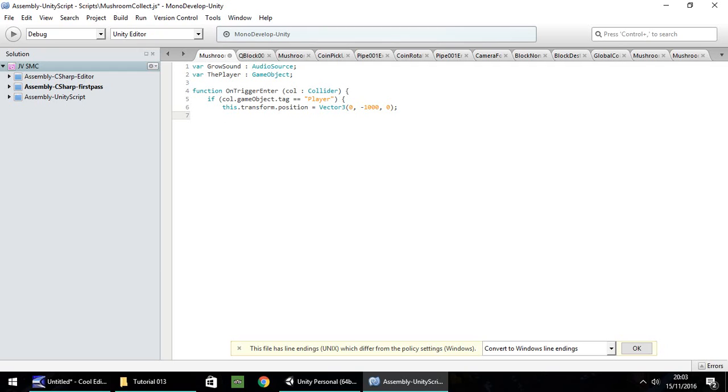So what we need to do is then growSound.Play(); and then finally we need to increase the size of our player. So we need to do the player.transform.localScale, and remember when you type localScale there, make sure that is a lowercase l and an uppercase S, and that's going to be plus equals